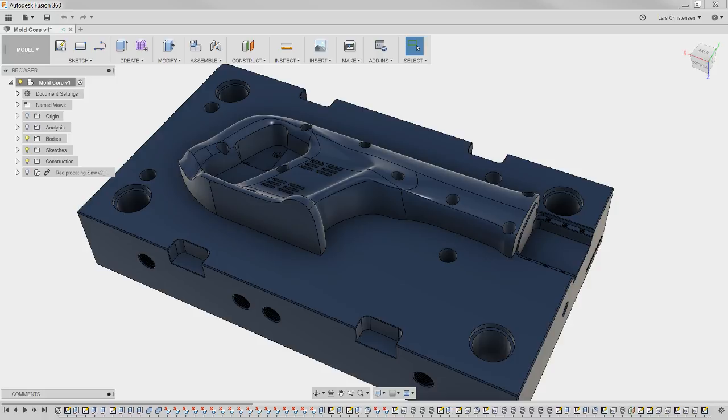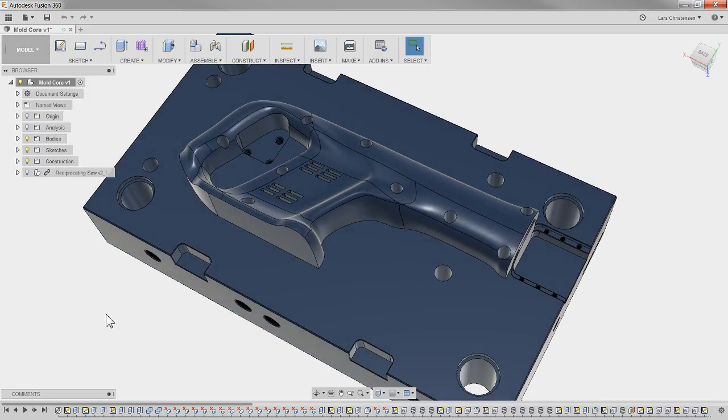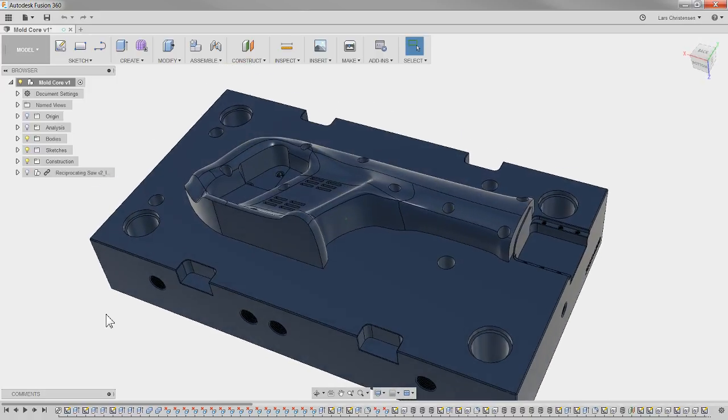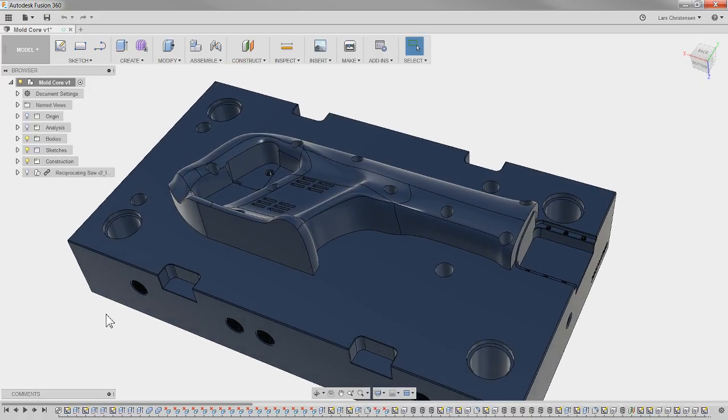So today we're going to use this model here. Now, some of you guys maybe have seen this one before. This was kind of like a core I built for a reciprocating saw thing we did a long time ago here at Autodesk. But I thought that would be an interesting model to use when we are talking about collisions and all this awesome stuff that happens when we are camming. So let's jump over in the CAM workspace,